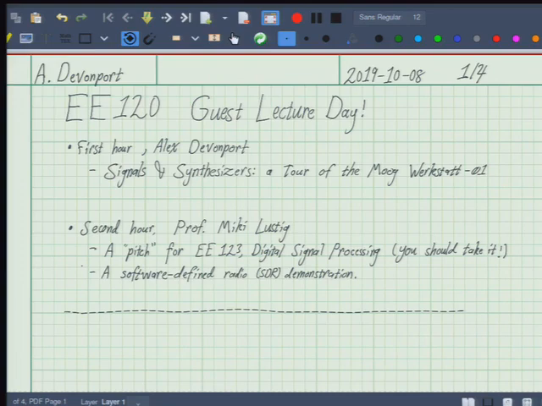And those kind of classes are very cool. It's one of the favorite classes that I took in my undergrad, was the DSP class. So I highly recommend it. But Mickey will do an even better job of convincing you that it's worth taking, because he's going to show off some of his software-defined radios, which is actually a radio that's defined completely using programs and computers and stuff like that. And I guess all of the labs and demos in 123 use these things. So if you think that part of the demo is cool, I highly recommend giving that class some consideration. So that's what's going to happen today.